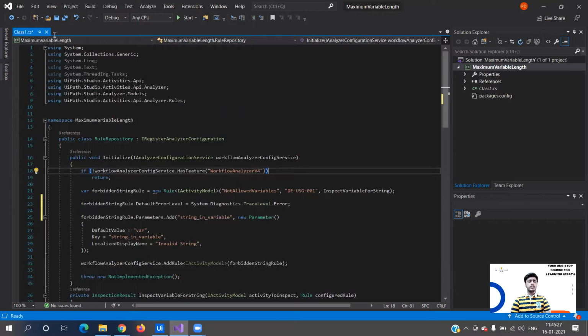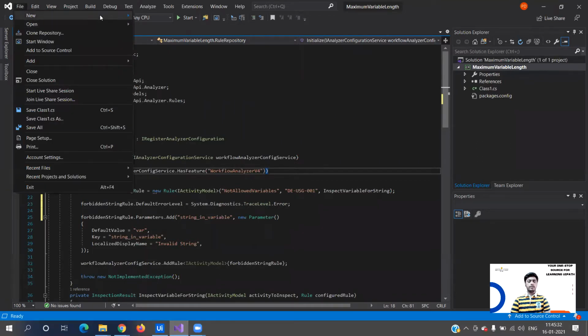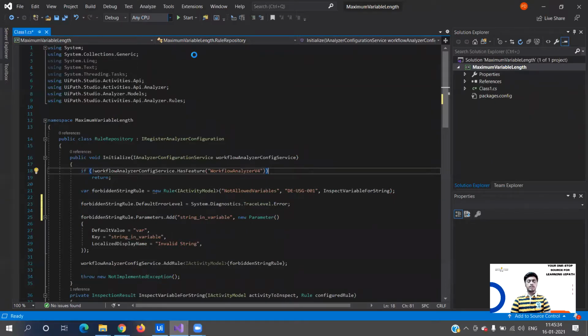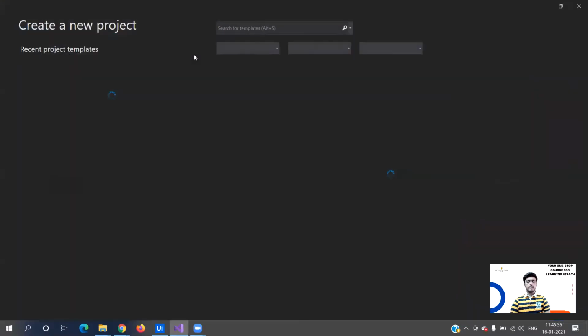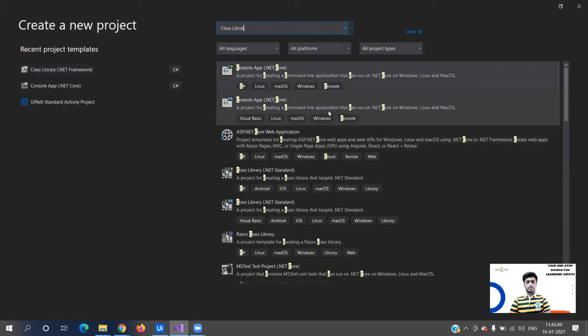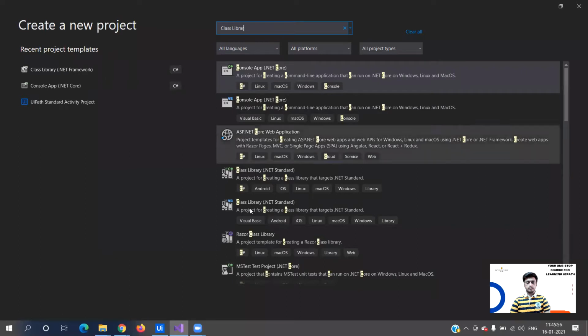Now the very first thing you need to do is go to File. Basically you need to create a project. Which project should it be that can give us our appropriate DLL? You need to search over here for Class Library. Let it load.